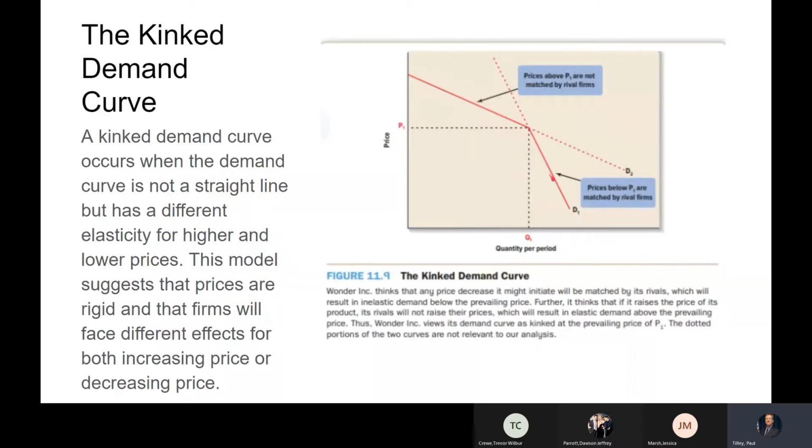You'll notice that the demand curve is very steep. That's because all the other companies will chase us down. So if we drop our prices, they're going to drop their prices too. So we're not going to increase our revenue. And again, this is the problem. If a firm thinks that when it raises prices its rivals will not raise prices, that will result in elastic demand above the prevailing price. If we think that we can decrease our price down here, that decrease will be matched by our rivals for sure. They'll chase us down, which results in inelastic demand below the prevailing price,